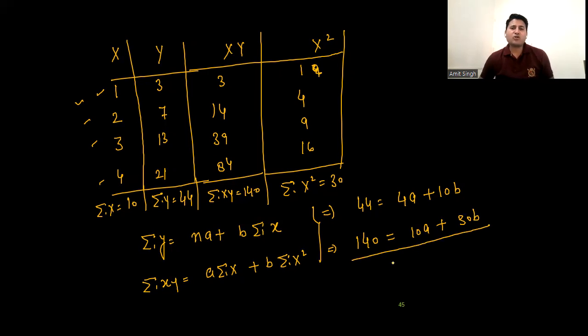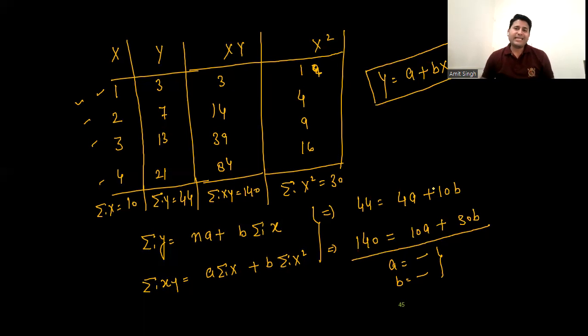Now what next? Solve them to get the values of a and b. Once you have obtained a and b, put them in the trend line y equals a plus bx. This will be your trend line, or better to say the straight line, which tells you about the trend of the data. Trend means what? We can come to know whether the trend is an uptrend, a downtrend, or neutral. So this is how, students, we can fit a straight line or a curve to given data by using the method of least squares.